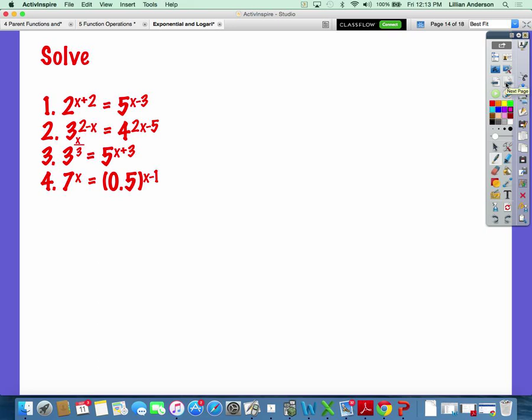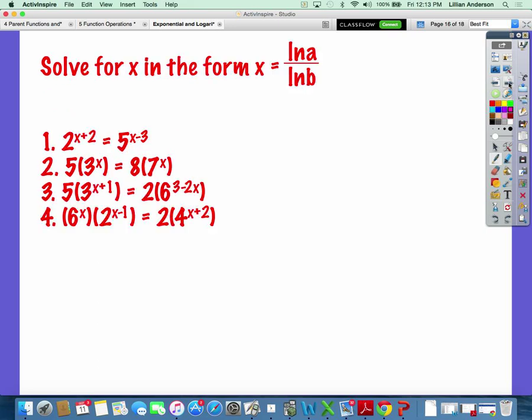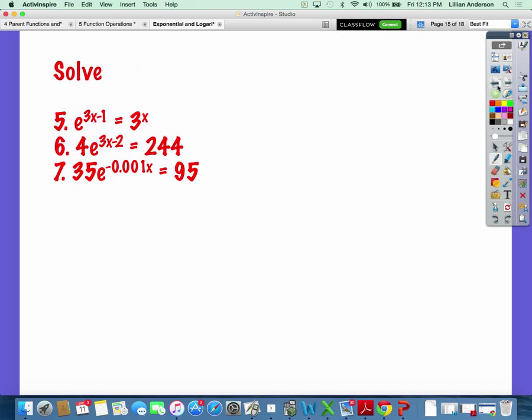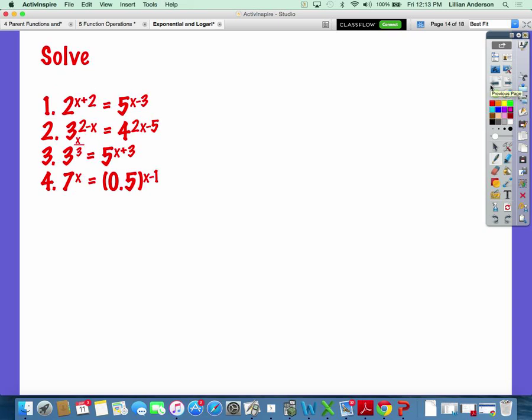Last few things, we'll do a few solving ones, okay? We'll do a few in each, so I can make sure I hit a few. Which one do you want to do on this page? All. Three? Alright, let's do 3. If I'm going to hit one from each slide, just to make sure I do cover at least one of them, and then if there's time at the end, I'll go back and have you do one on your own, okay? From each page. So, for number 3, is 3 to the x over 3 equals 5 to the x